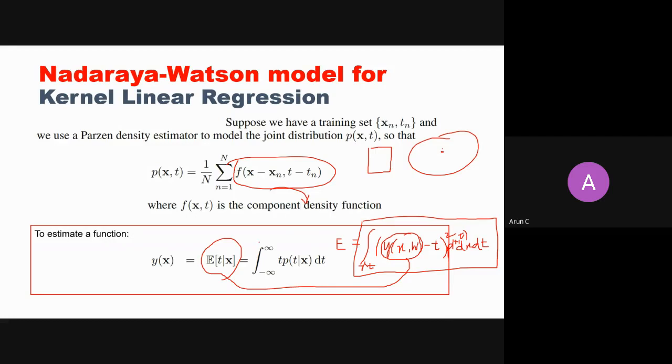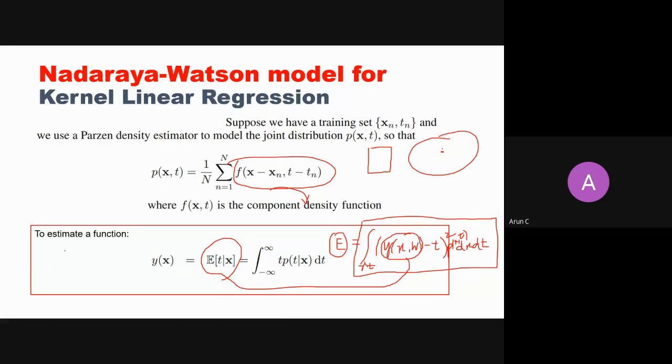So you should look at those previous lectures where I discussed this. There are two things: the calculus of variations, and the other is that we proved it using the substitution method. Those two things we discussed on the slides, so you can refer to them. But the takeaway for now is that for a linear regression problem, the ideal function which minimizes your expected loss is the conditional expectation.